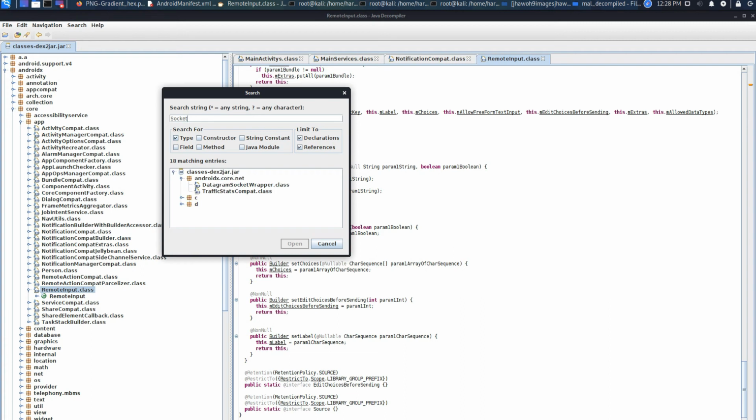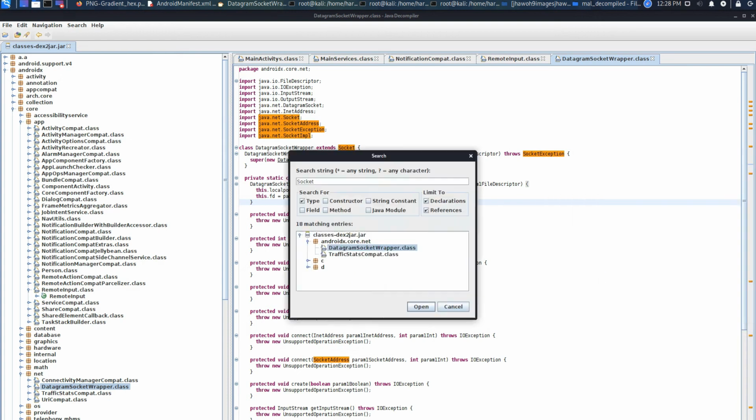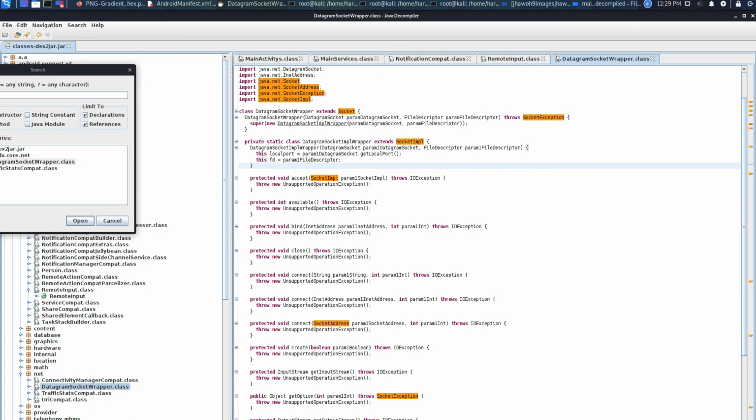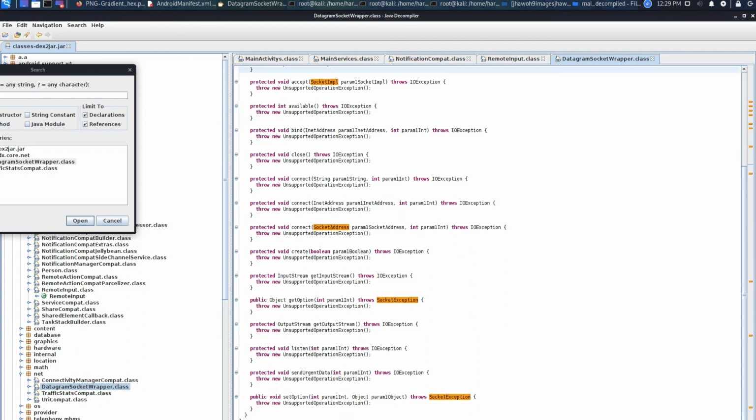Usually sockets are used to establish TCP communication. It will have one IP address and a port number to connect to. Let's look at this side. Yeah, here he is using sockets, datagram sockets, input streams, output streams. If an attacker wants to execute some commands, install or push some data inside this victim device, or take the data from here to the attacker's place, he will use the sockets. He will insert the data into a datagram and send it. Nothing interesting here.